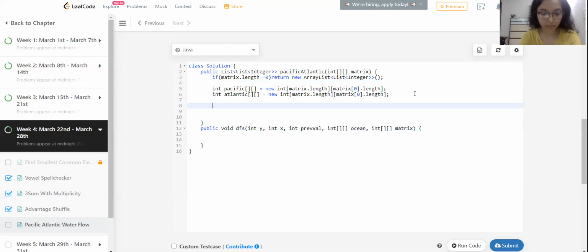Let's create an answer array list of integer lists. Let's call this answer, a new array list.